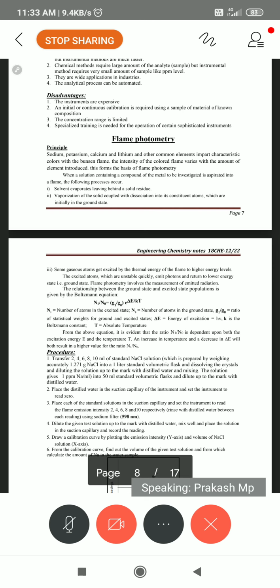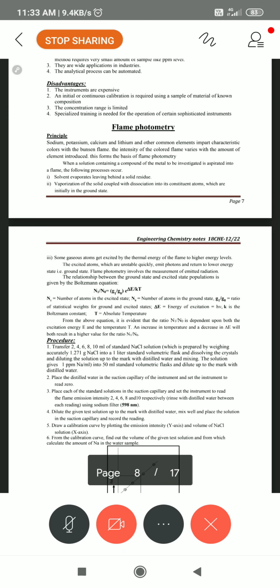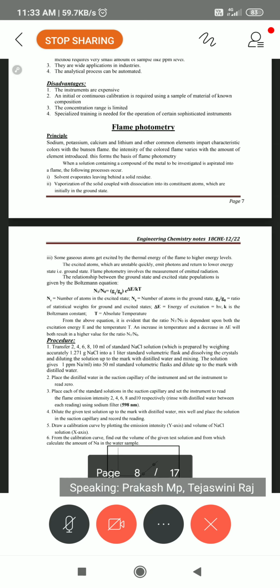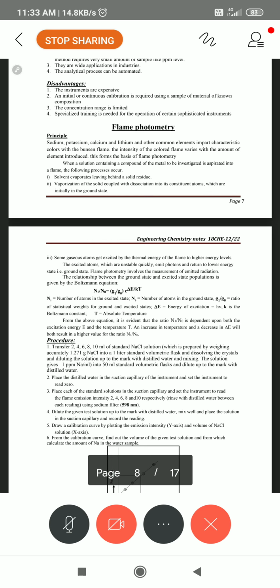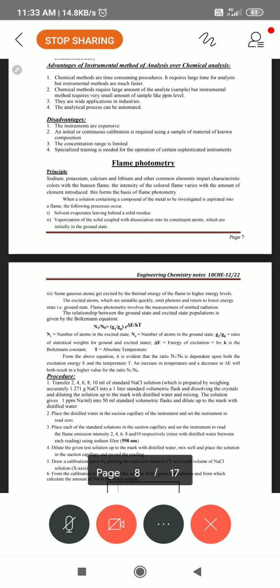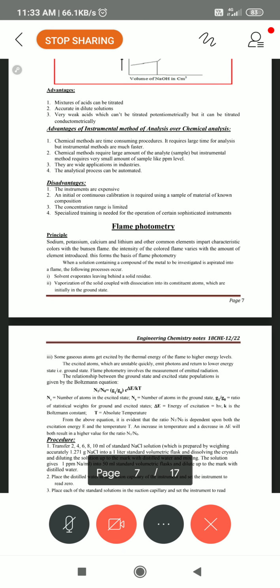For 40 ppm, you pipette out 40 ml. For 60 ppm, 60 ml. For 80 ppm, 80 ml, and again it is dissolved in 1 liter. For 100 ppm, you pipette out 100 ml, dissolved again in 1 liter. This is for a 1 liter sample. Instead of that, from the 500 ppm solution you pipette out 2 ml, and the remaining you can add as DM water. That is also the 2 ml sample, or 20 ppm.